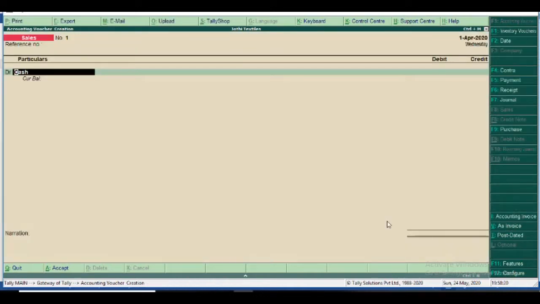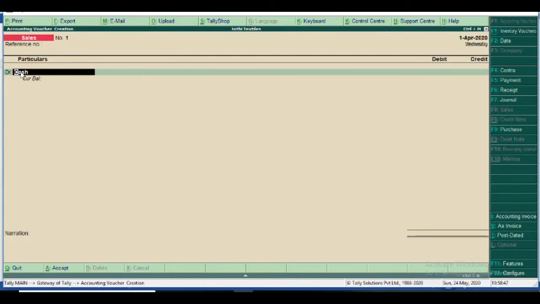Here is the voucher creation pane or voucher entry pane. I need the Mr. X ledger here, but I have not created Mr. X before entering this pane. Now I would like to create Mr. X. I don't want to go back.